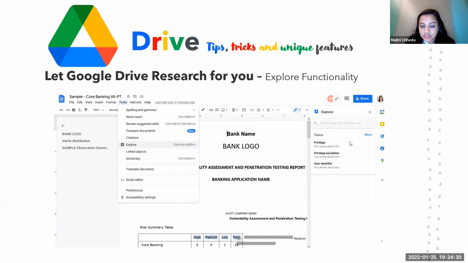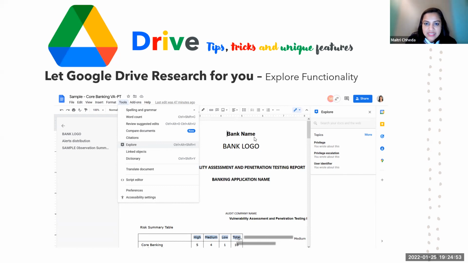Maybe citations will be shown. You will find out whether this is yours or somebody else has written it. You get some file, and somebody else is the owner, so you want to see whether there are copyright implications or not, or what all is available on the web regarding this topic. So all that exploring Google will do for you.